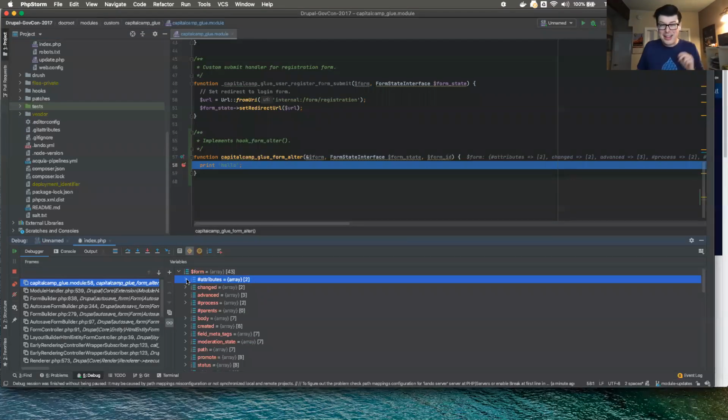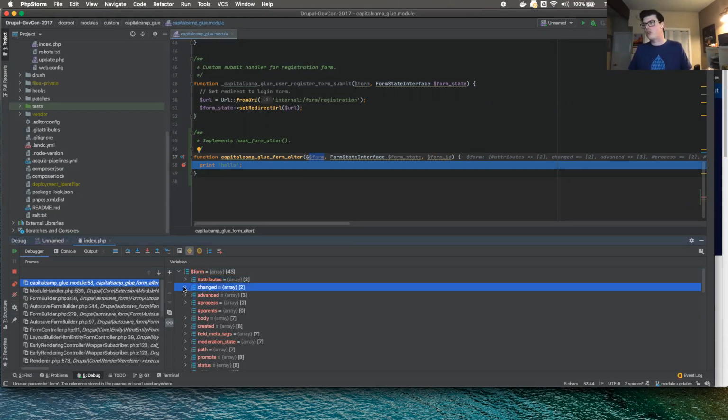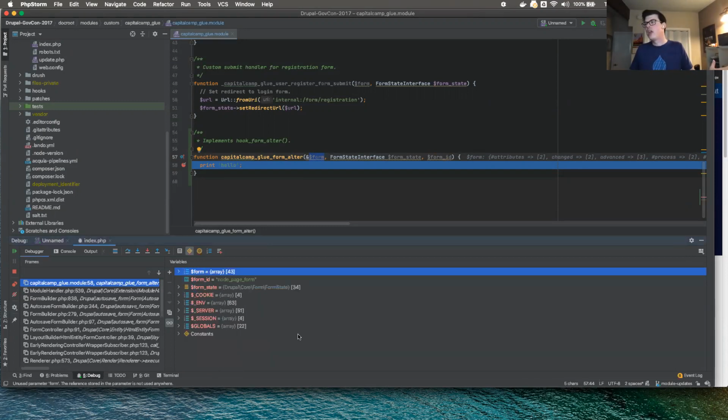So there's quite a bit more here to actually drill down into than there used to be. And I will tell you right now, the data model in Drupal 8, because of the way Symfony handles routing and all of this stuff, is much different than it was in Drupal 7. It is much harder to sort of guess properly. So even if what you need is somewhere in form, good luck finding what you're looking for just sort of blindly grabbing it. You do typically need to drill down.